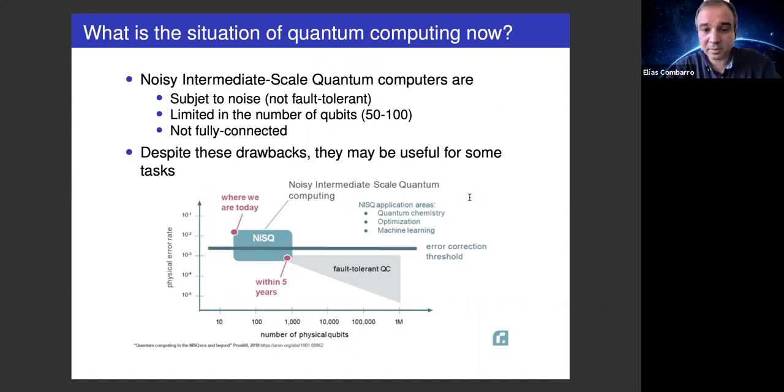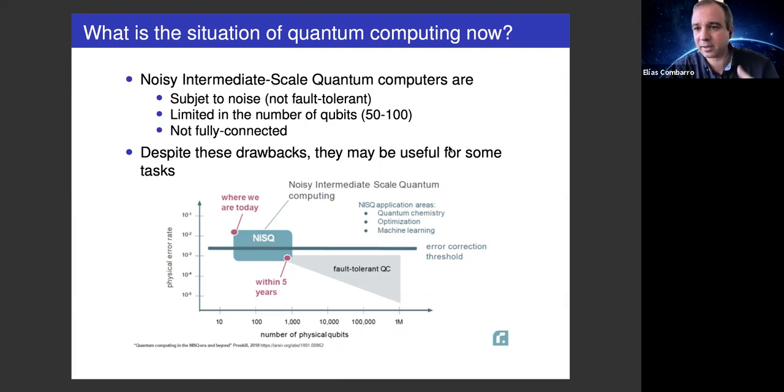computers, but for now we only have what we call noisy intermediate scale quantum computers, which are computers that are subject to noise, which have a limited number of qubits on the order of several dozens or so, and that are not fully connected. For instance, this entanglement that we need to create in some of the algorithms cannot be done with any pair of qubits that we have in the circuit. Only with, for instance, those that are close to each other. Despite this, we